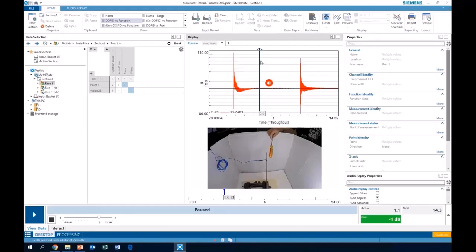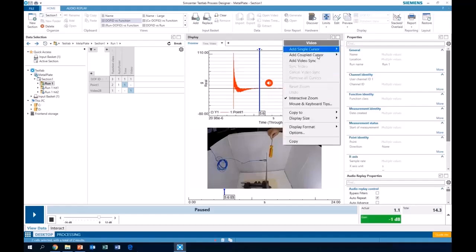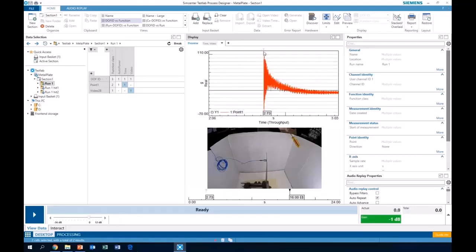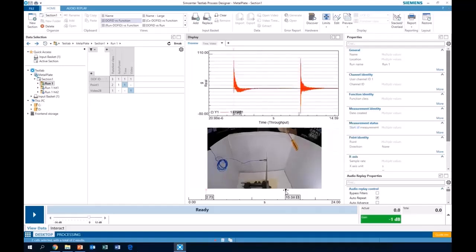But we also know that some people have their own GoPro camera or whatever, and they might want to do this. So here we allow you to go in and say, add video sync. What this does is I can then move this red cursor to where the big transient occurs. I could even zoom in to make sure I'm right on the transient in the time domain data. And then down here with this black cursor, let's see, yeah, that guy's hitting it right there. I'll use arrow keys. All right, so there's a hit at the same time.